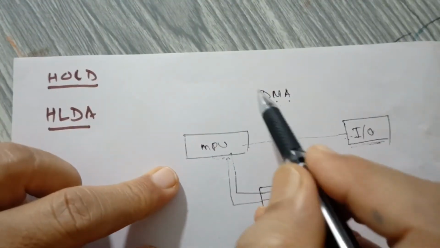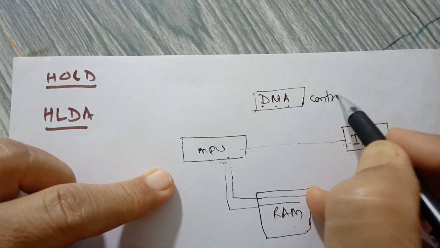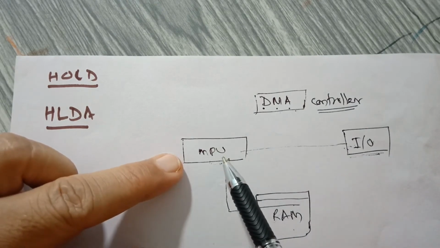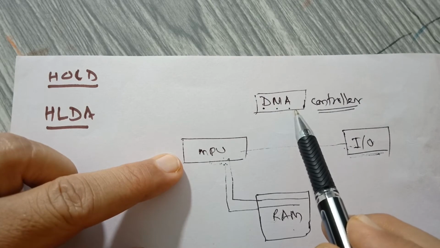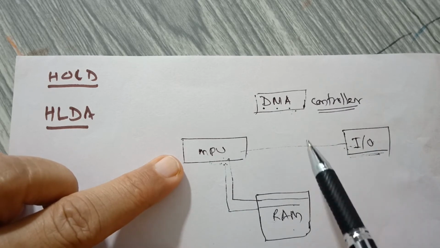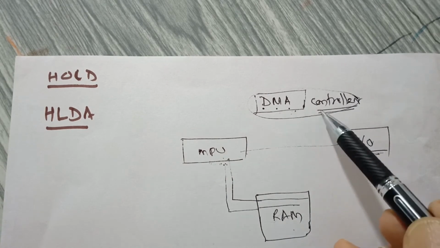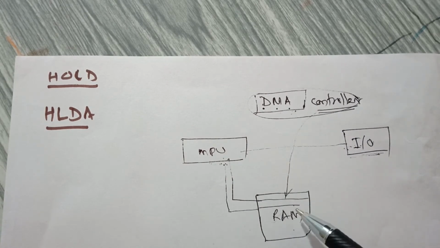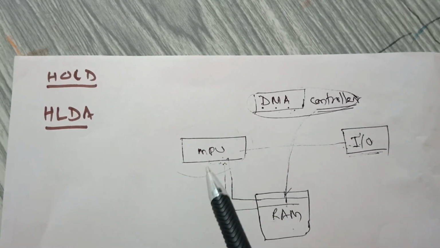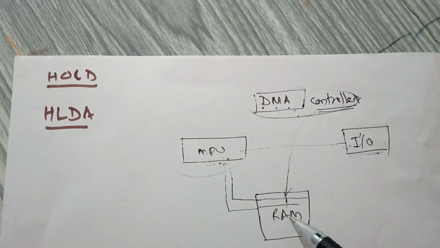And what is actually this? We use what is called a DMA controller. This is another master integrated chip, just like a microprocessor, but it is specially designed for transferring data in a high speed manner. This controller has only one job: to take data from the input device and transfer it directly to the memory, or take the data from the memory and transfer it to the output device, without the involvement of the microprocessor unit. That's why it is called direct memory access, from IO to memory, memory to IO, without going into the microprocessor.